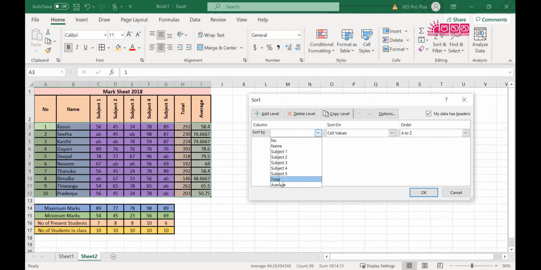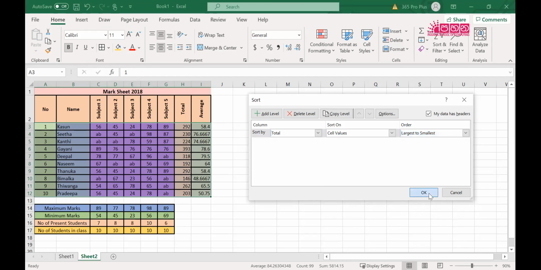This is based on the total, so you select total here. Then you sort on cell values and go from largest to smallest. So select the range from A2 to I12, then go to sort and filter, sort by total, sort on cell values, and select largest to smallest.